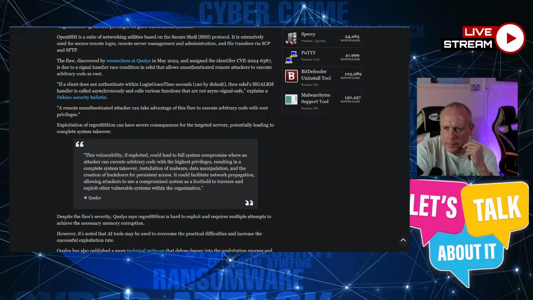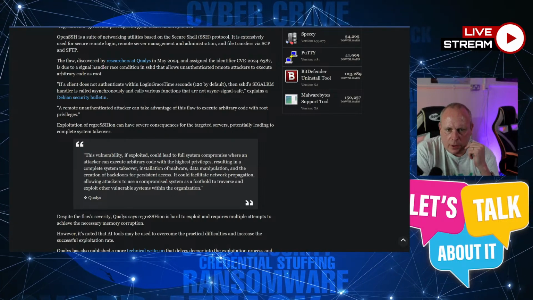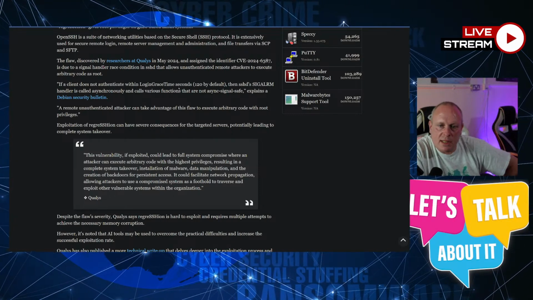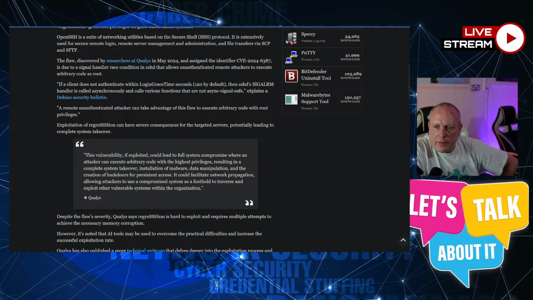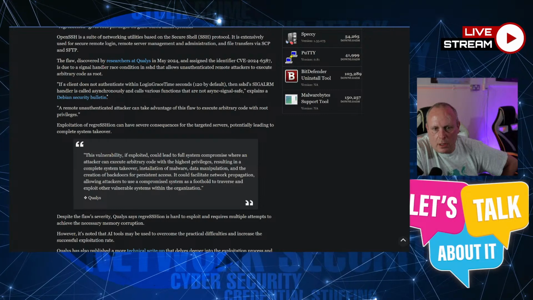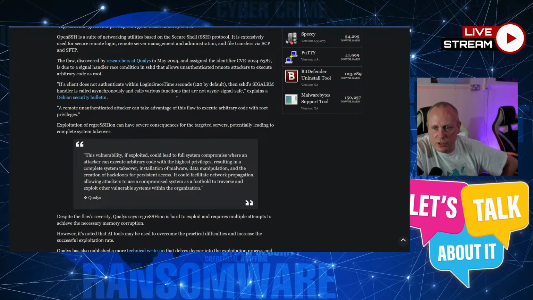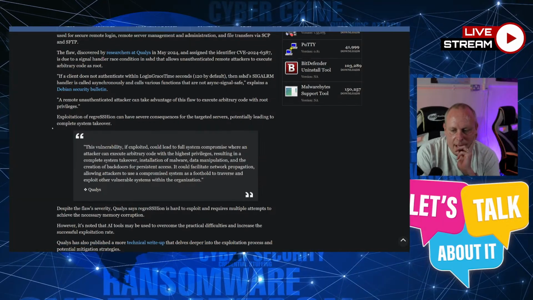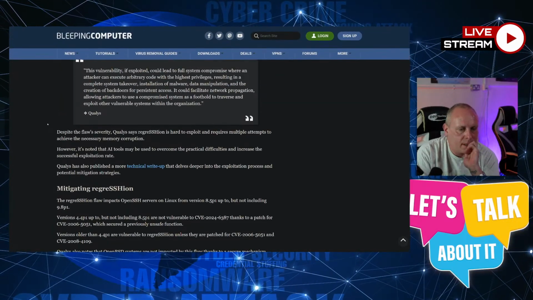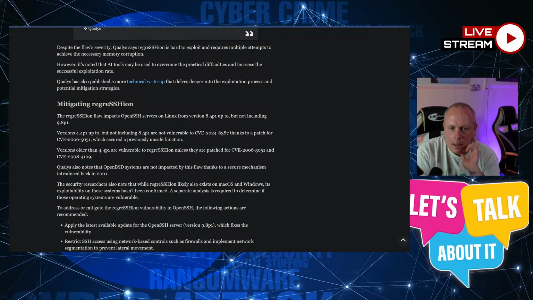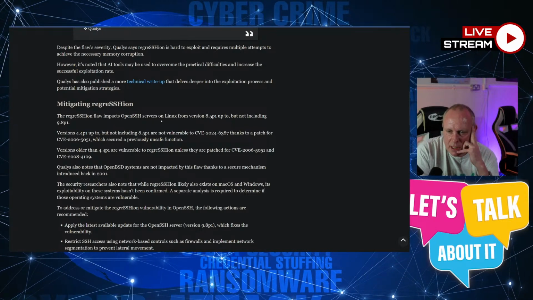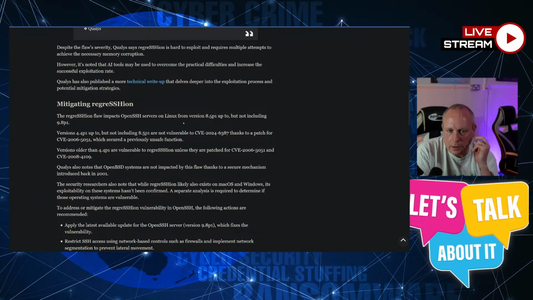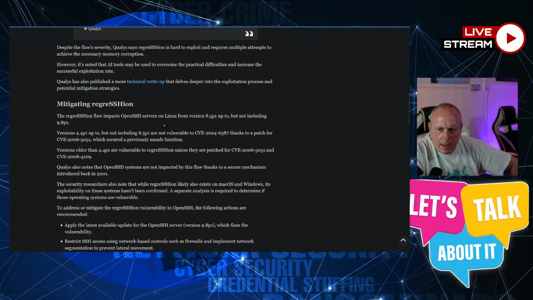This has not got the full details on here, but if a client does not authenticate within the login grace time, 120 seconds set as default, then SSHD's SIGALRM handler is called synchronously and calls various functions that are not async-signal-safe. So, yes, this sounds pretty bad. It impacts OpenSSH servers running on Linux from version 8.5p1 up to, but not including, 9.8p1.